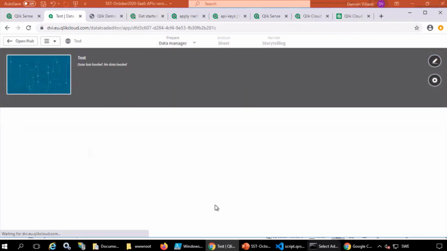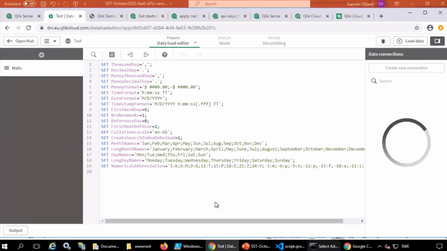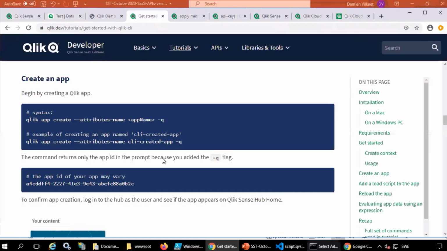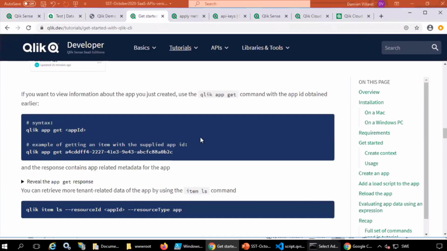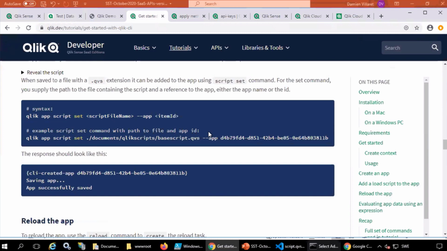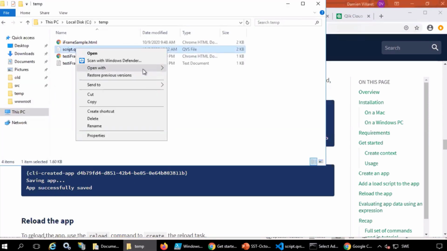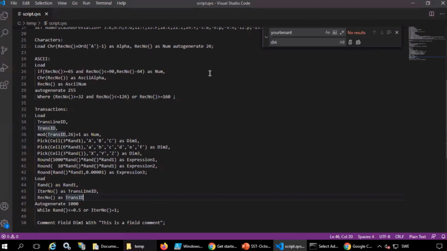Go to the script editor. We can see that for now we only have the default line in the script editor. Okay. We're now gonna run the command to add the script to the app that you can also find on this same page. We need to put the script in a Qlik script file. Okay, so you already have a separate file that has the script that you're going to insert into this app. That's correct. I've created already a file that I've placed in c:\temp.